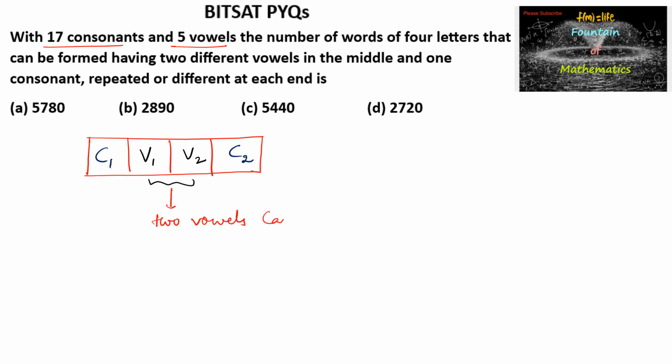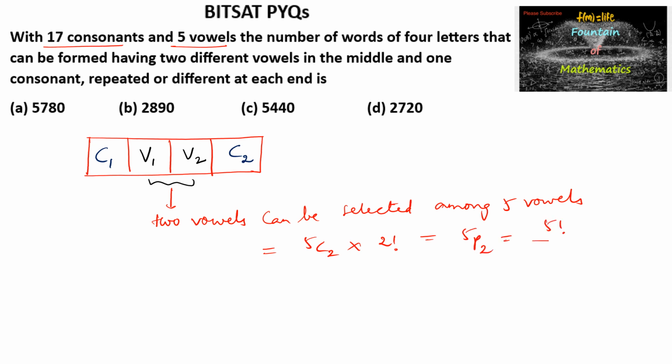Two vowels can be selected among 5 vowels in 5C2 ways, and again these vowels can be arranged among themselves in 2 factorial ways. So 5C2 into 2 factorial, or we can write 5P2, which is 5 factorial upon 5 minus 2, 3 factorial, so that is 5 into 4, which is 20. Similarly the consonants,